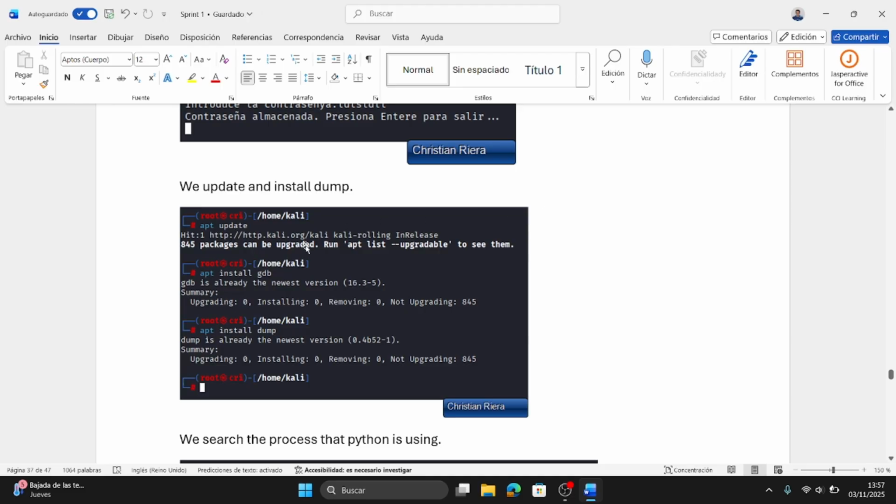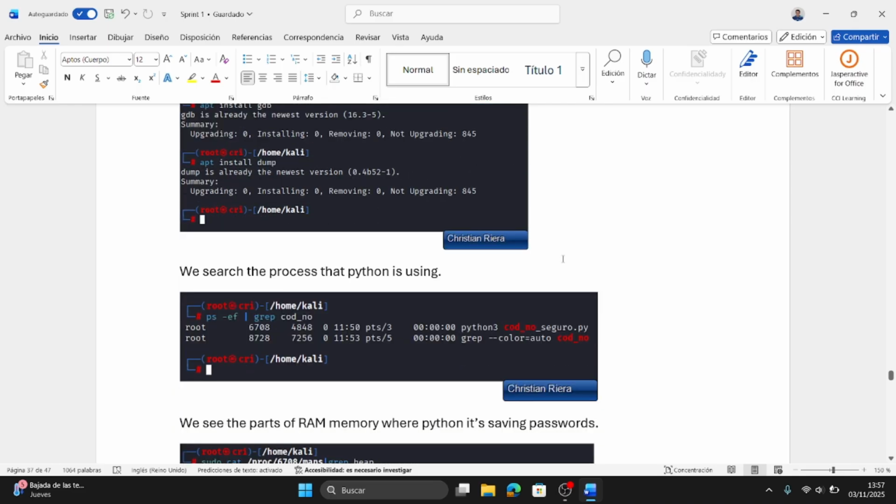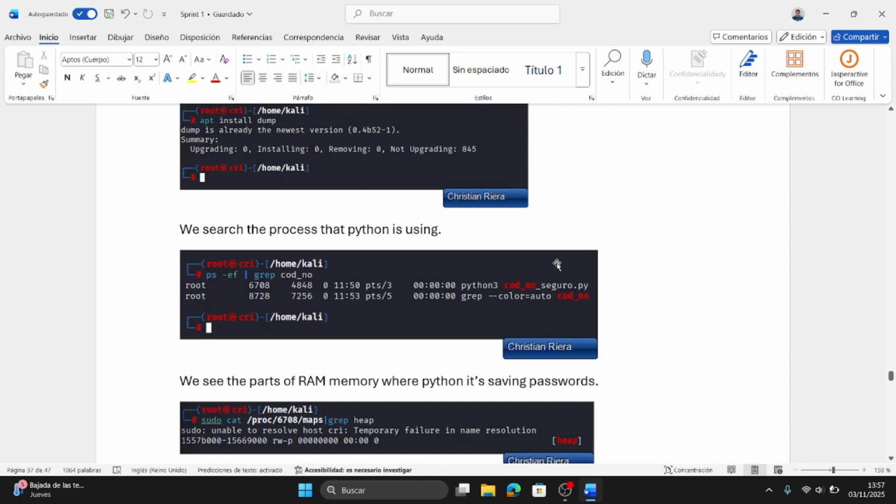We update our machine, and we install GDB if we don't have it, and done. Now we put this command to search the process that is using Python with the name of the file, and we see these two processes.